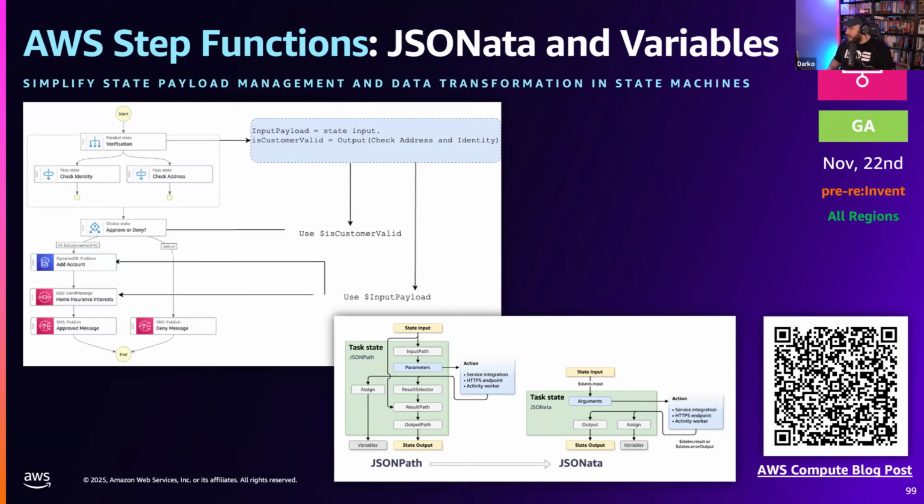and variables, which, again, you feel like that should have been the case already. Yeah, it's really good, and the whole point of these services is to improve developer experience. Adding capabilities, for example, to data variables accessible throughout the whole state machine, right? You can have variables that any little bit of your Step Functions state machine can access. And also the addition of JSONata compared to JSONPath.